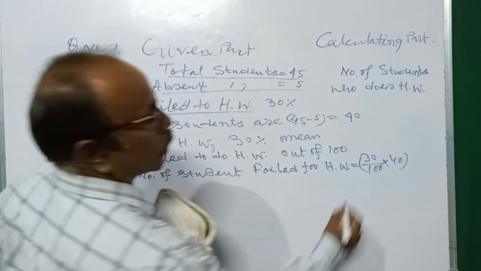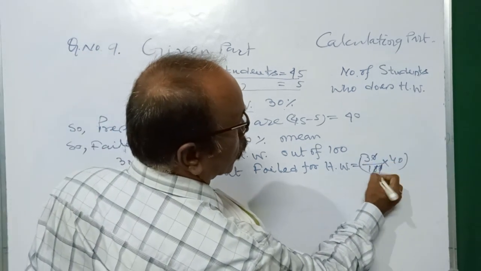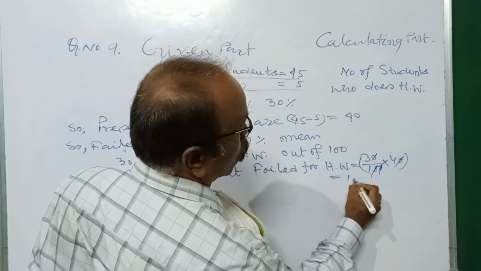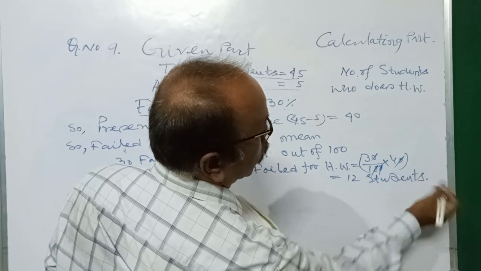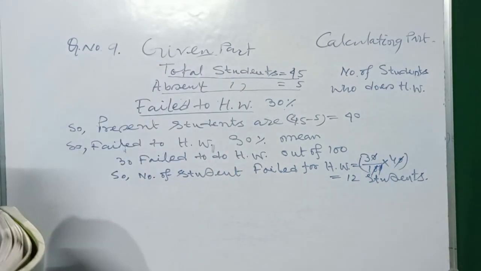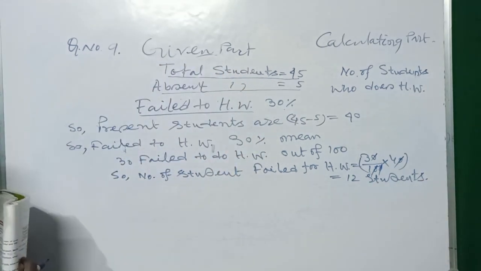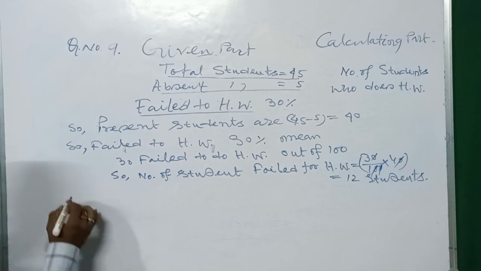Am I clear? This is crossed, this is crossed, is equal to 12 students. Am I clear? 12 students failed to do their homework. Therefore,